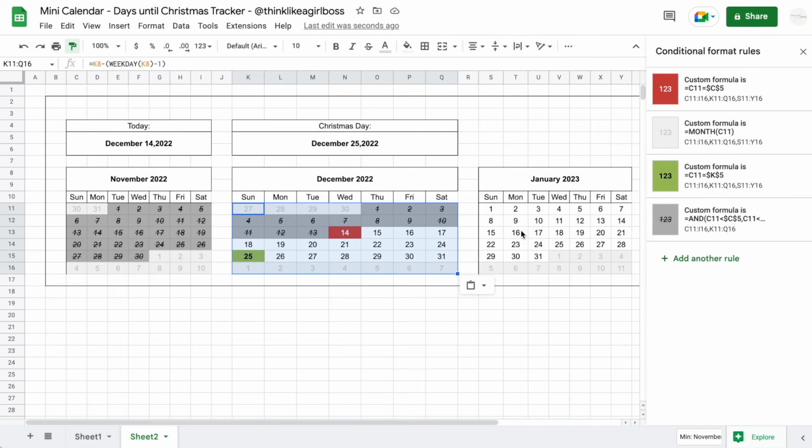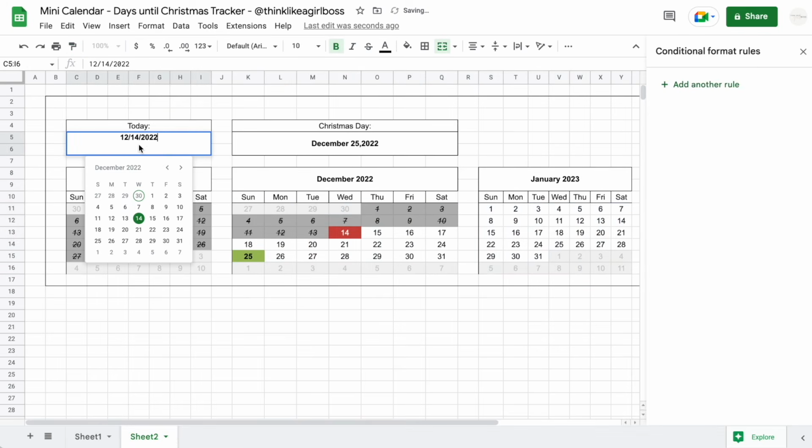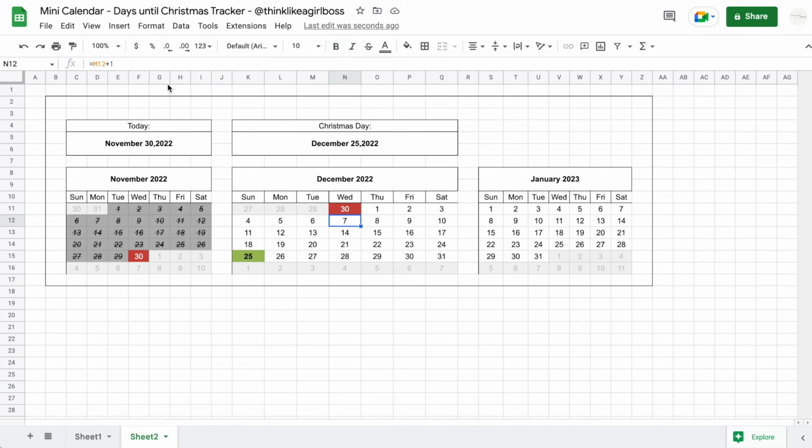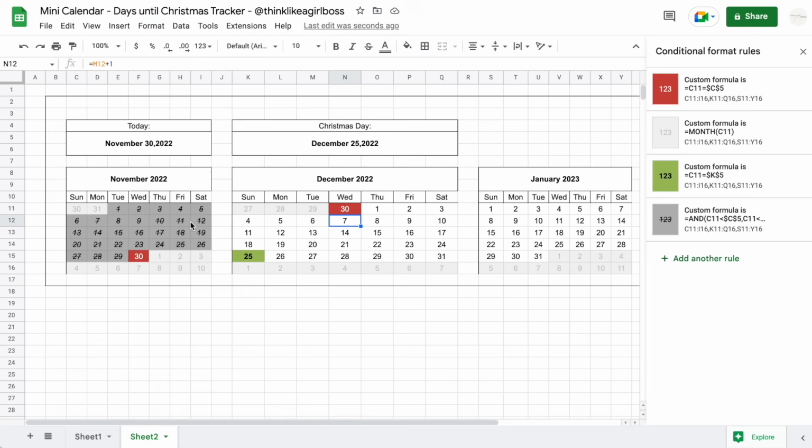You can also choose to apply it in January, doing the same thing, even though it's never going to be met because Christmas Day is always going to be in December. But let's just do that so they are all exactly the same. And now let's bring this back to November 30. And I don't like that it's getting highlighted on both calendars. So I'm going to select one of my days, click on Format, Conditional formatting, and I'm going to move around these rules